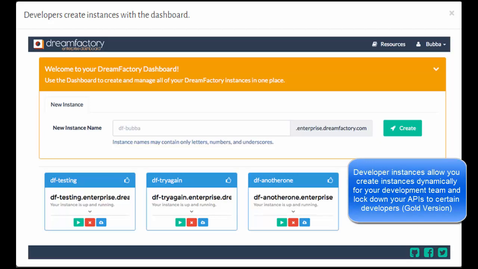What's an instance? It's where you install DreamFactory. So it's like a URL, basically, is how you can think of it. So if you have a development, a test, and a production instance, those are 3 different instances that we would charge for, and you may have dozens of those in a larger deployment. So it starts to make more sense, not only economically, but from a technical management perspective,